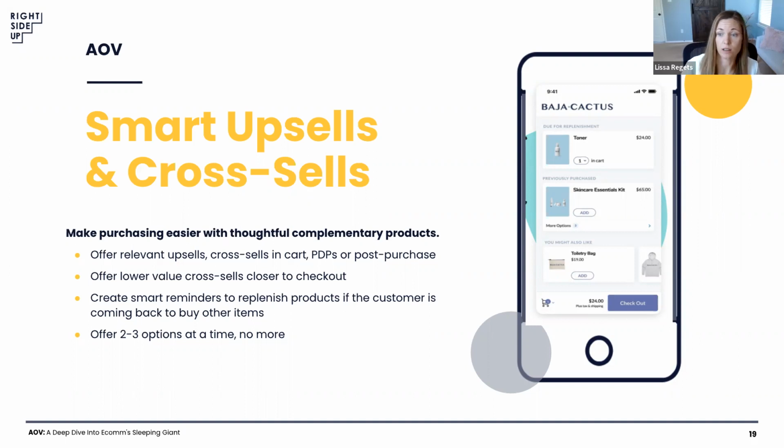Test it a lot. Look at the different combinations. You want to make it very easy. You want to offer things, but you don't want to make it sticky too much where it's going to stop people from moving through and purchasing. So pay attention to all the metrics on that. My rule of thumb is don't offer more than 3 options at a time, whether it's on the PDP, on a post-purchase, in cart, or at checkout. It tends to then just slow down the whole process. People can't make that much decision at the same time. So